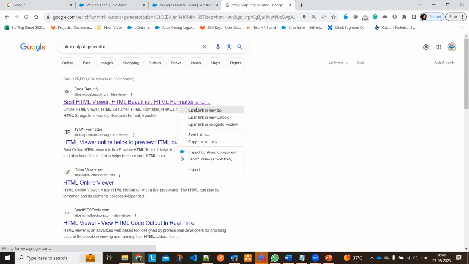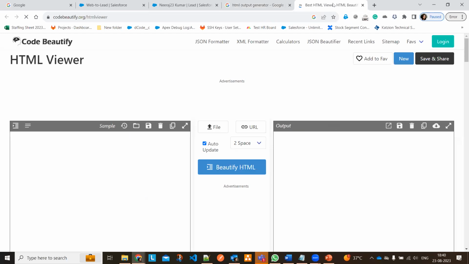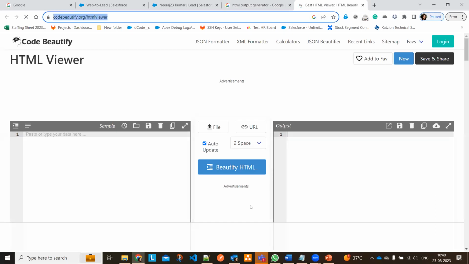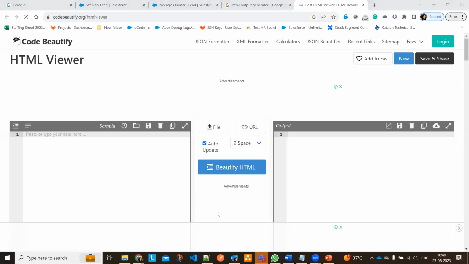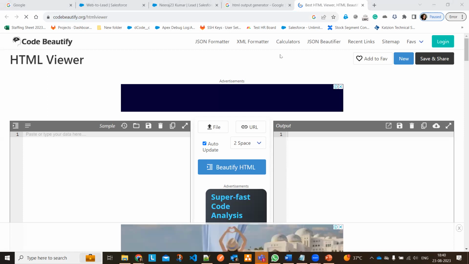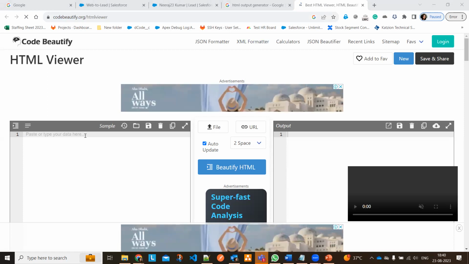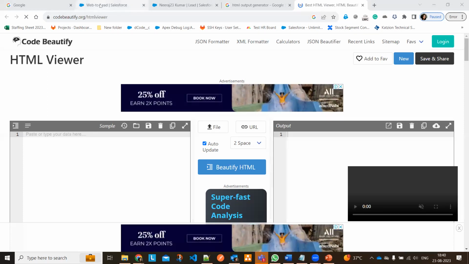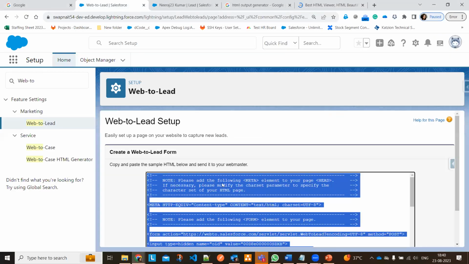Now we have something called HTML Beautify. I'm going to give you this. In case, before testing it, you want to check whether it is created or not, how this form is working,